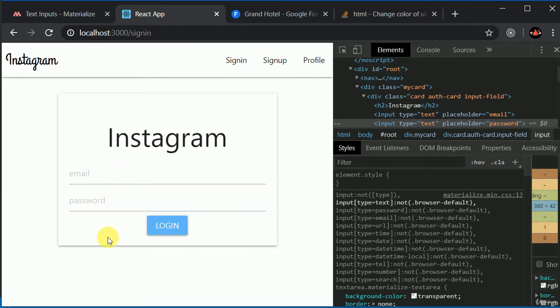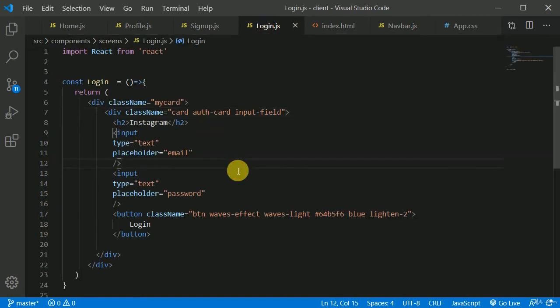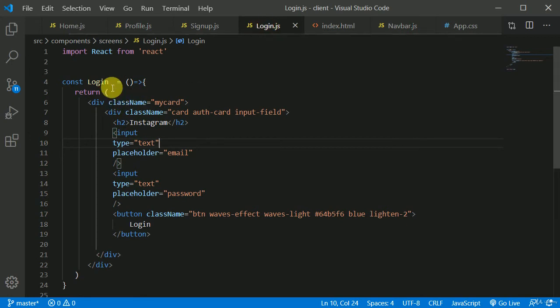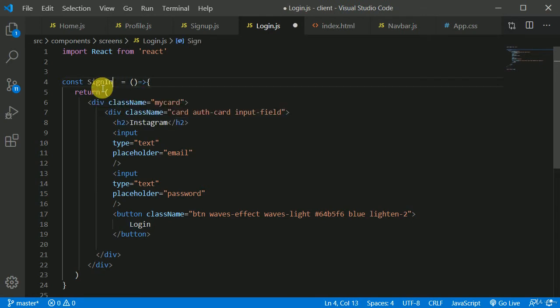So what I will do, I will copy all the stuff from in here, and I will do this with the sign up screen as well. Let's go to this login. You can change this to maybe sign in, right? Yeah, we should do that, because it may create confusion. So I'll give it this sign in name instead.